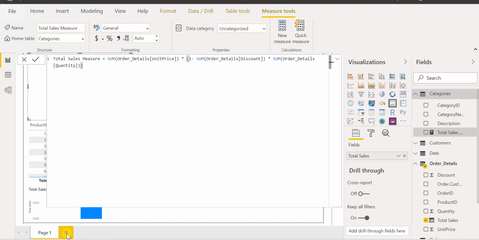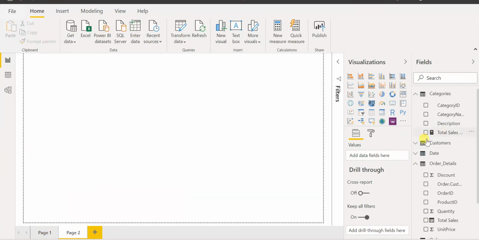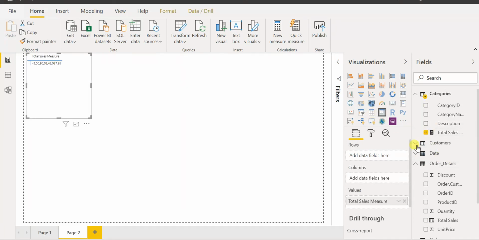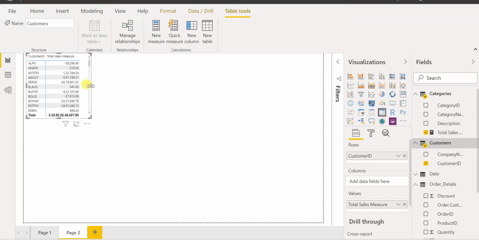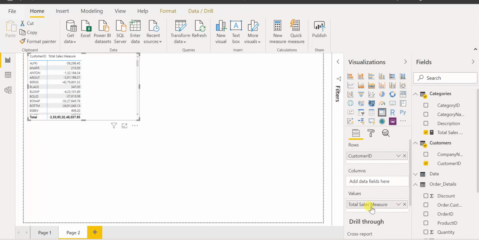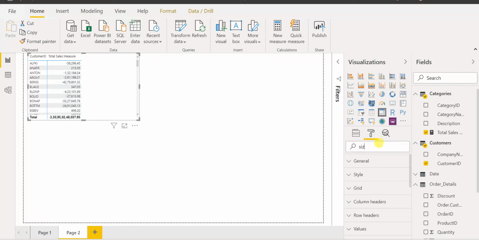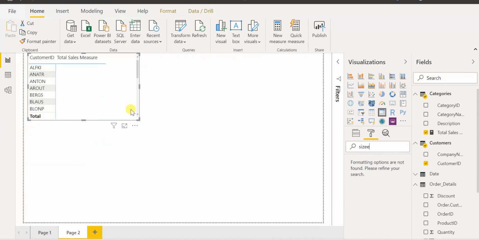Suppose, let me create a table. Let me use total sales and the customer ID. If you can see here, this is the total sales measure which we created.